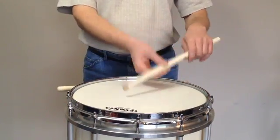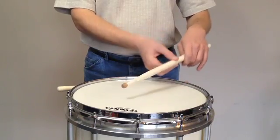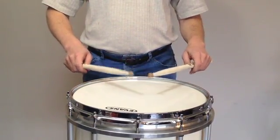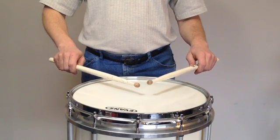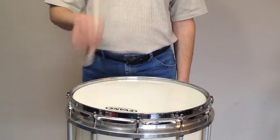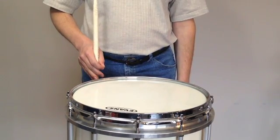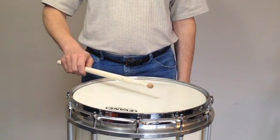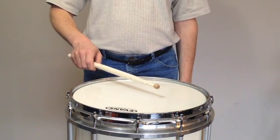There is little need to ever move the stick in an upward direction. Instead, you should take advantage of the free energy that will naturally move the stick upward. Watch what happens when I hit the drum, but leave my hand at the spot where I hit the head. Notice that not only does the stick bounce back, but it does so quickly and much farther than may actually be necessary. If I repeat this,